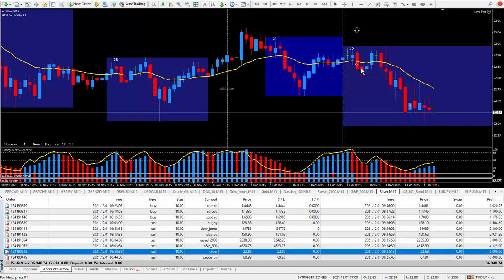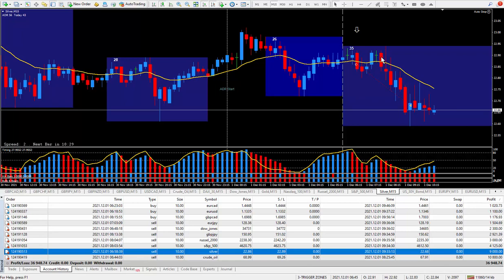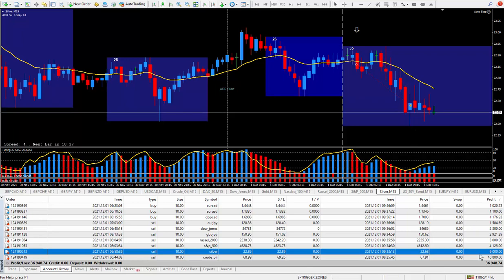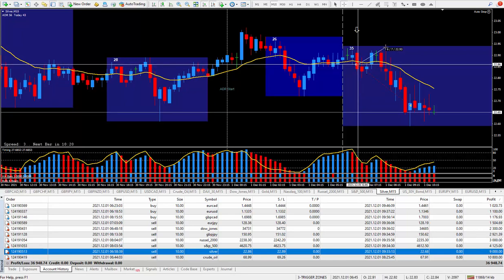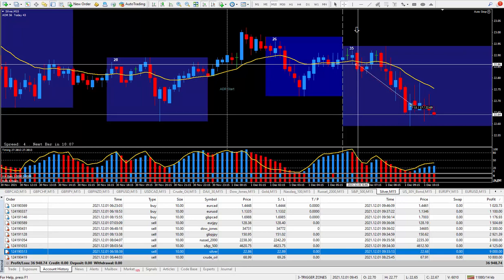Now, it's very, very difficult to get the timing just right. It could have easily tanked right from here. But the market did this. And that would represent a few $1,000s I would be down. Look at it, went against me 7 pips. Oh yeah, that would be about 3,500 I would be down. So 7 pips against me, locking in about,